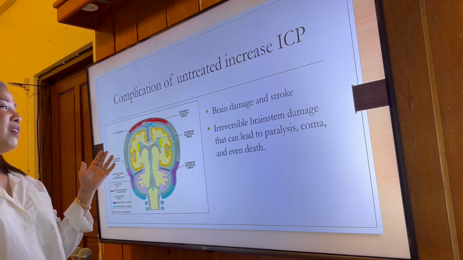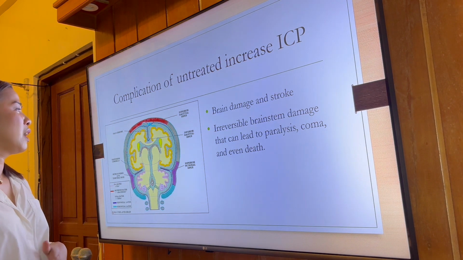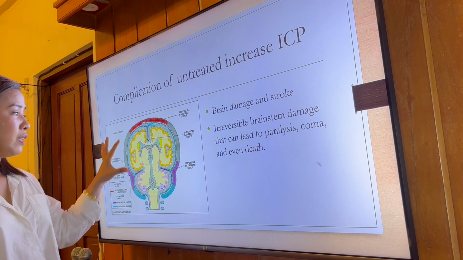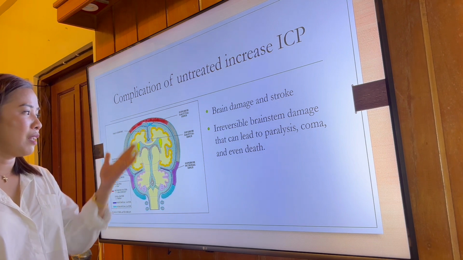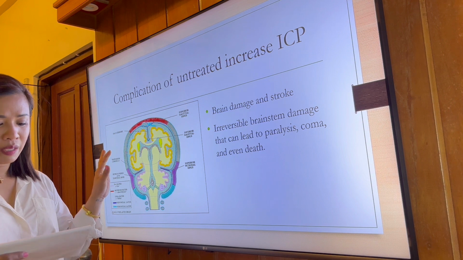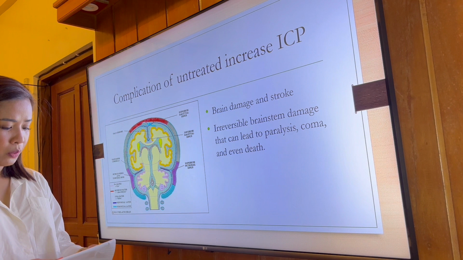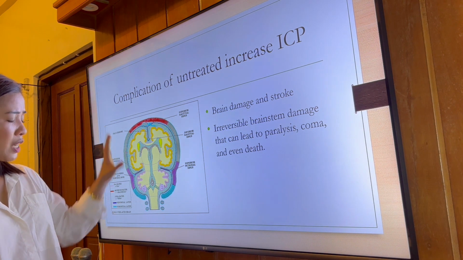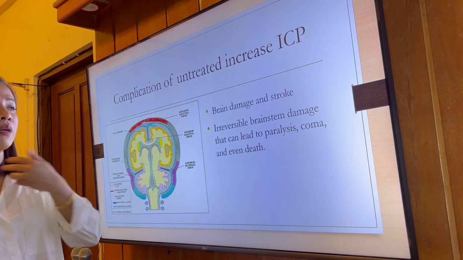First, the left hemisphere of the brain is separated from the right hemisphere of the brain by a tissue called falx cerebri. So if bleeding occurs here and is enough to push the right hemisphere via falx cerebri, brain damage and stroke can occur, because of crushing brain tissue and the blocking of the blood of the brain